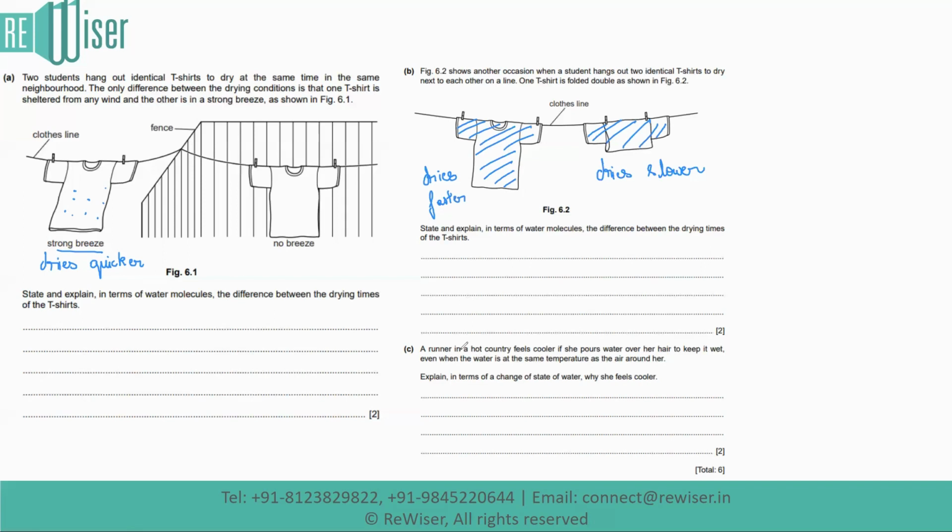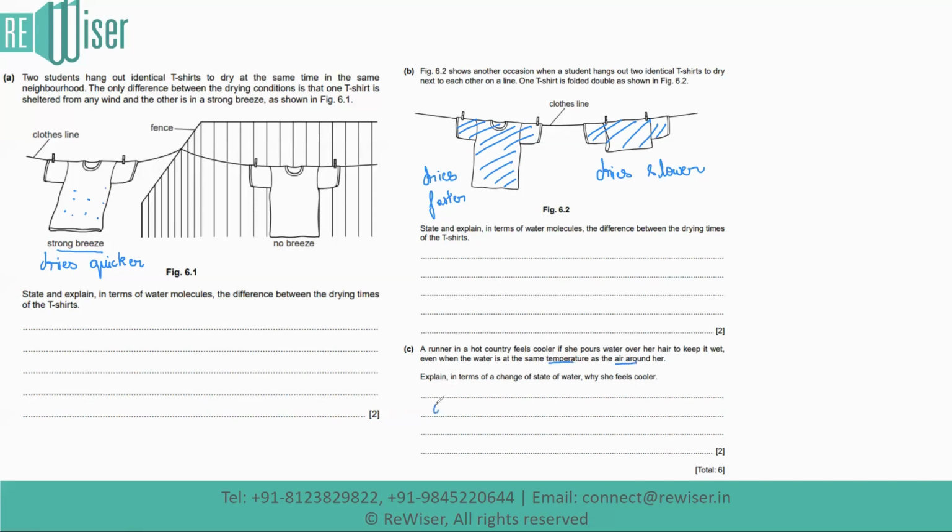Part C. A runner in a hot country feels cooler if she pours water over her hair to keep it wet, even when the water is at the same temperature as the air around her. Explain in terms of change of state why she feels cooler. Now, as soon as water is poured, even if it is at the same temperature as the air around her,